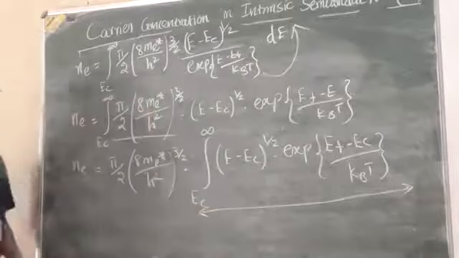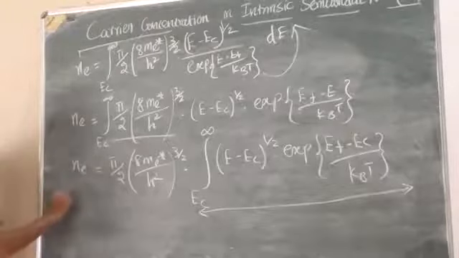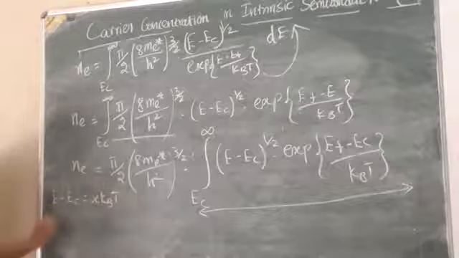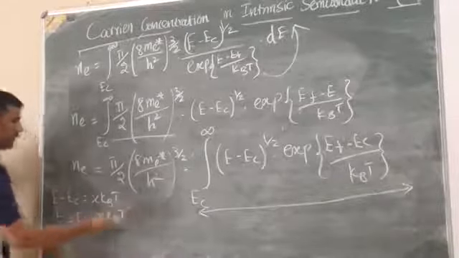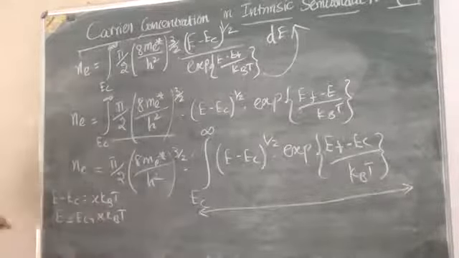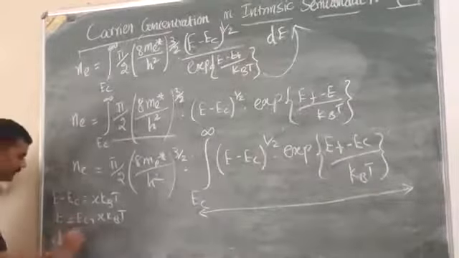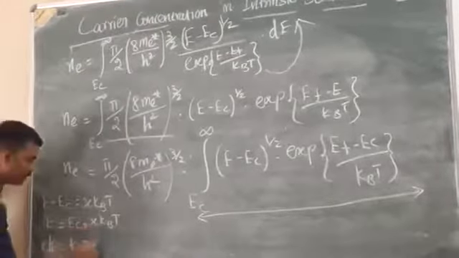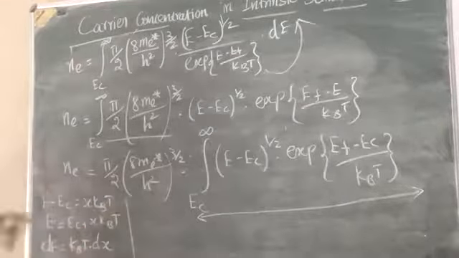For that, I am going to assume E minus Ec as x kBT. From this, you can write E equals Ec plus x kBT. Differentiating this with respect to x, dE equals, Ec is constant so its derivative is 0, so kBT dx. Right? And the limits are